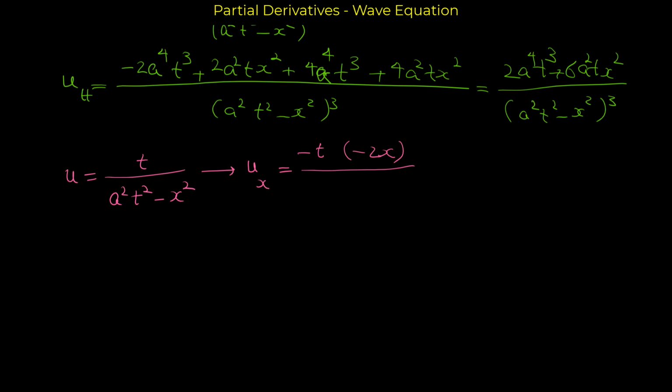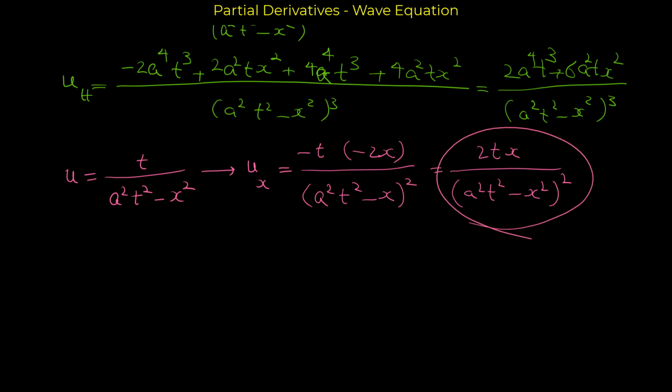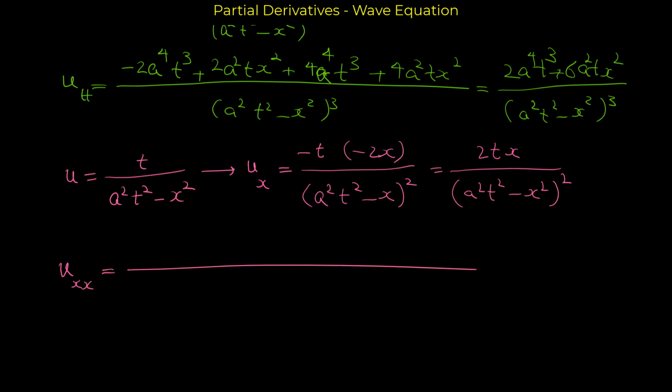All over a^2t^2 minus x^2, to the 2. The numerator is 2tx over (a^2t^2 minus x^2)^2. This is the first partial derivative. Again, we have to find the derivative of this with respect to x, to find uxx, the second partial derivative. We use the quotient rule. The derivative of the top with respect to x would be 2t times by